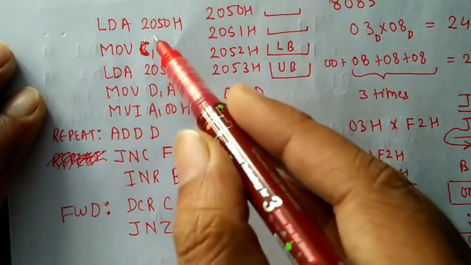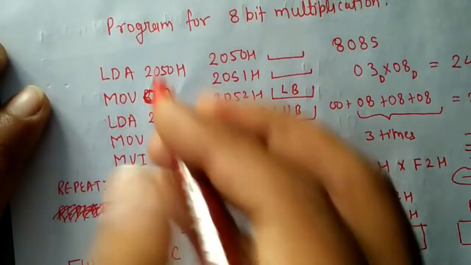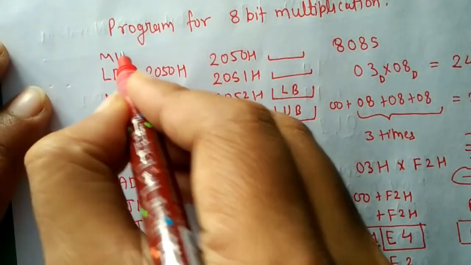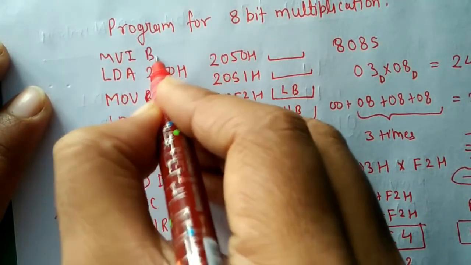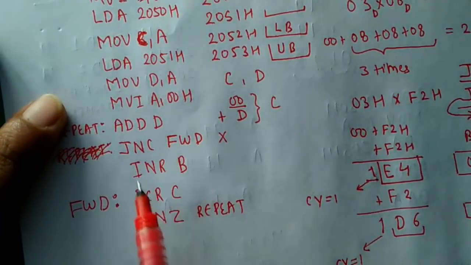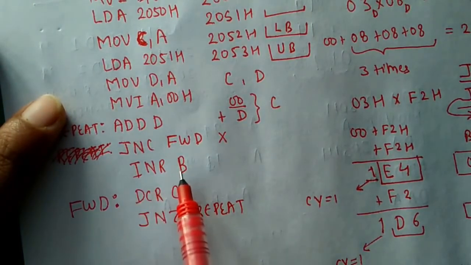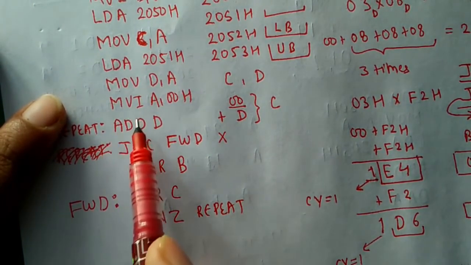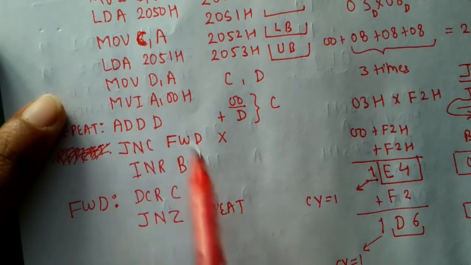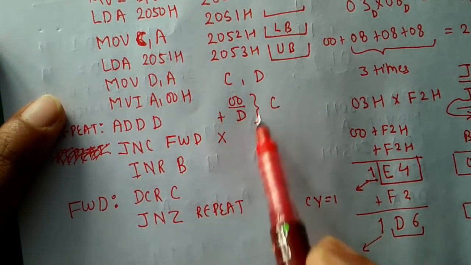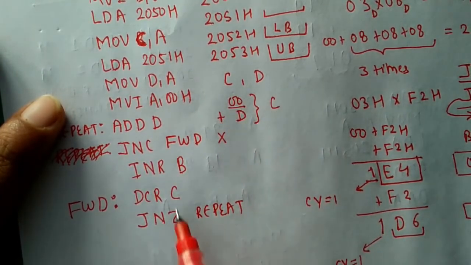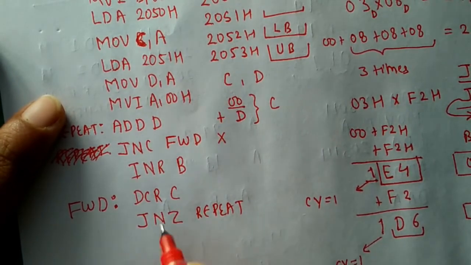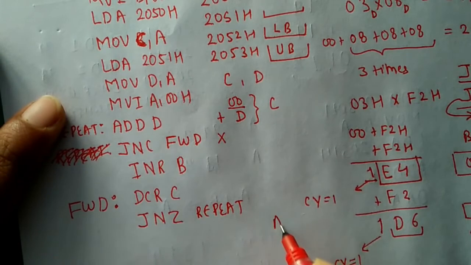But remember we have not taken register B anywhere, that's why we will have to initialize register B as 0, MVI B, 00H. So whenever we get a carry, B will be increased, okay, and then we will go to the loop again, and after this addition has occurred C times, at last the content of C will be 0, and we will come out of the loop. In that condition, accumulator will be holding the lower byte and register B will be holding the upper byte.